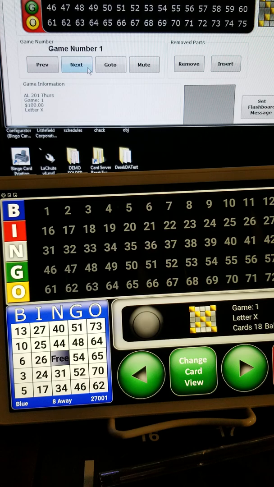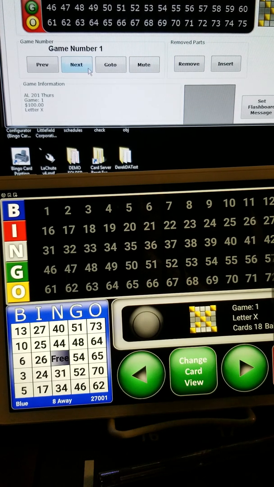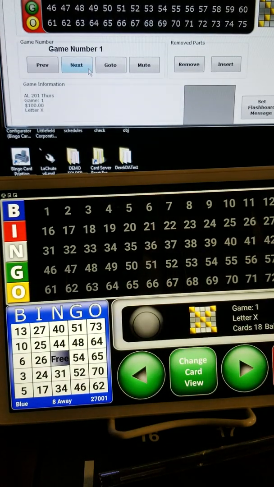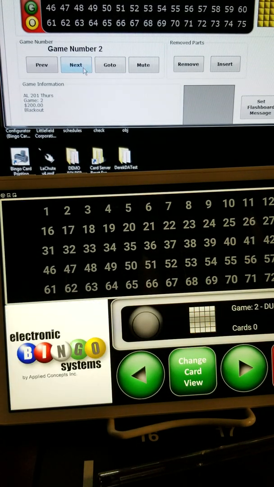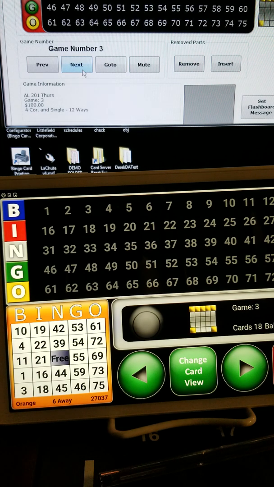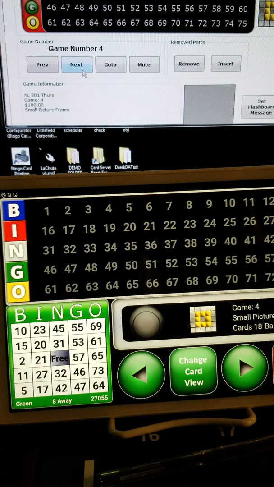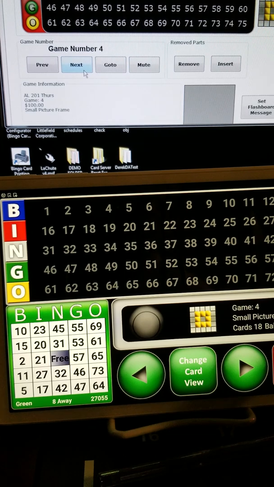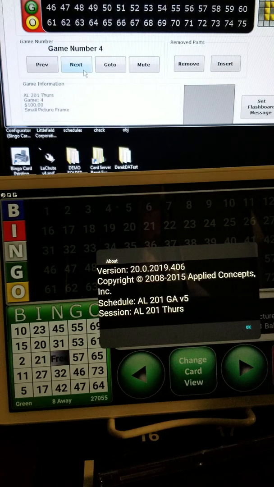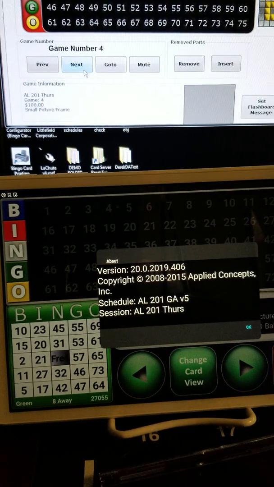This is the Thursday session on Excalibur. If I go to the handset, I hit About App. It too says Thursday. Game 2 is not in the computer, even though it says Game 2 on Excalibur, but that's a paper game. Game 3 is 4 corners in a single. Game 4 is small picture frame. So we're in sync here. And again, it says that it's Thursday, so Thursday on the handset and Thursday on the